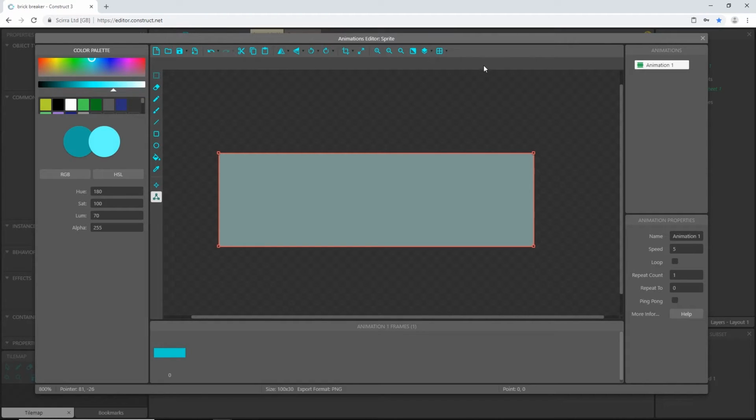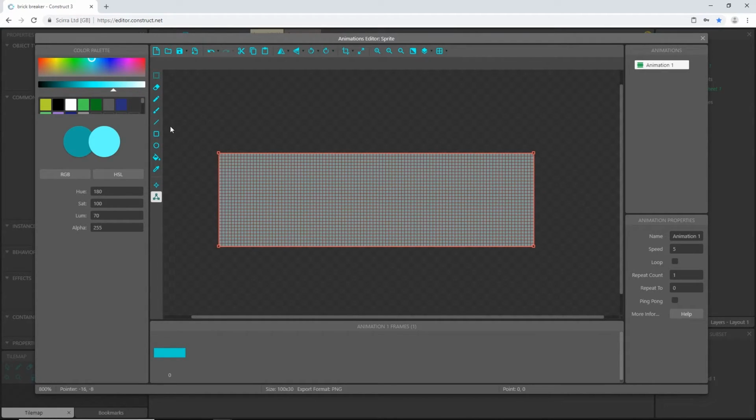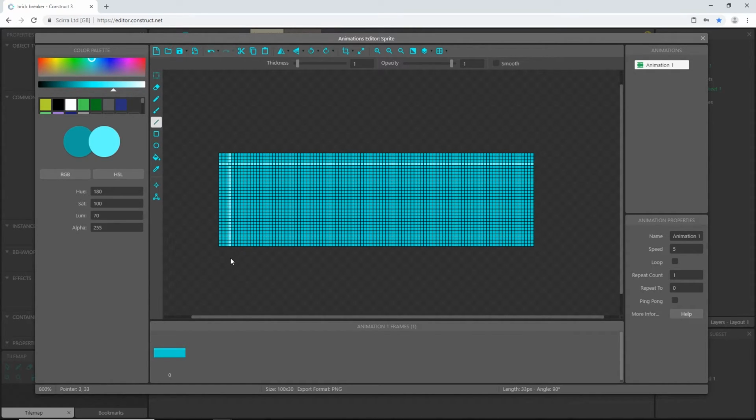of blue. I'm going to turn my grid on, select the line tool, and go 1, 2, 3, 4, all the way across, and 1, 2, 3, 4, all the way down. Get my fill tool and fill it up. Hopefully you're a much better artist than I am, but even if you're not an artist like myself, adding a little highlight and shadow to things can just change its look very easily. So the eyedropper tool, let's get this blue color back,